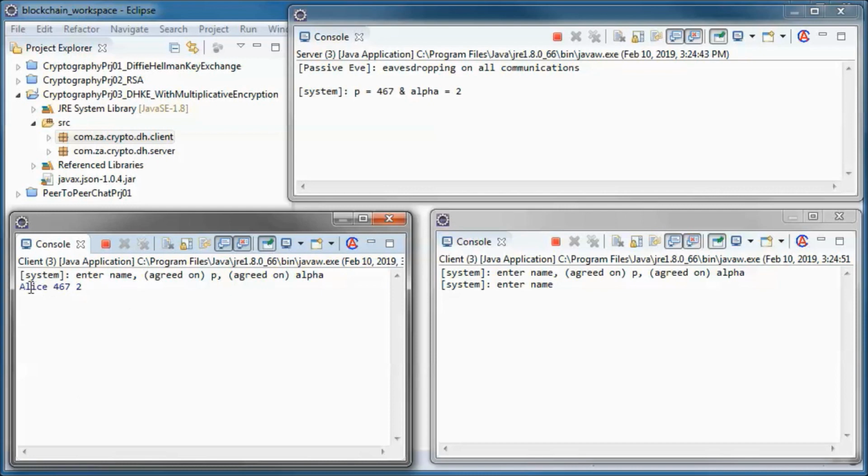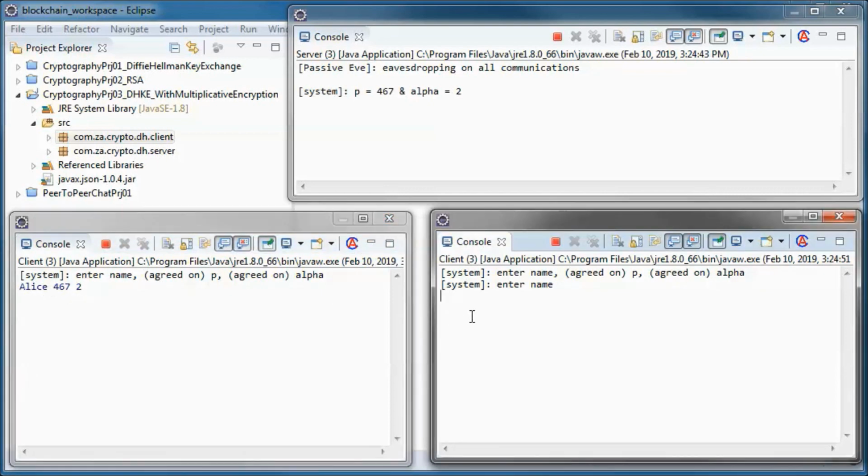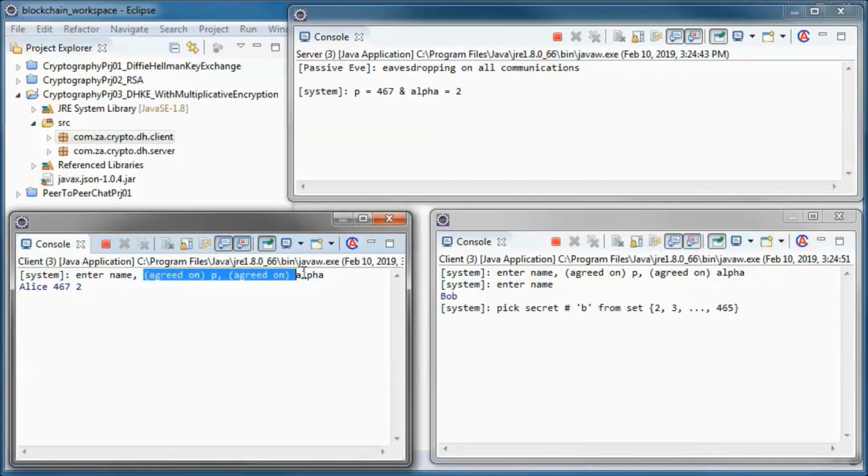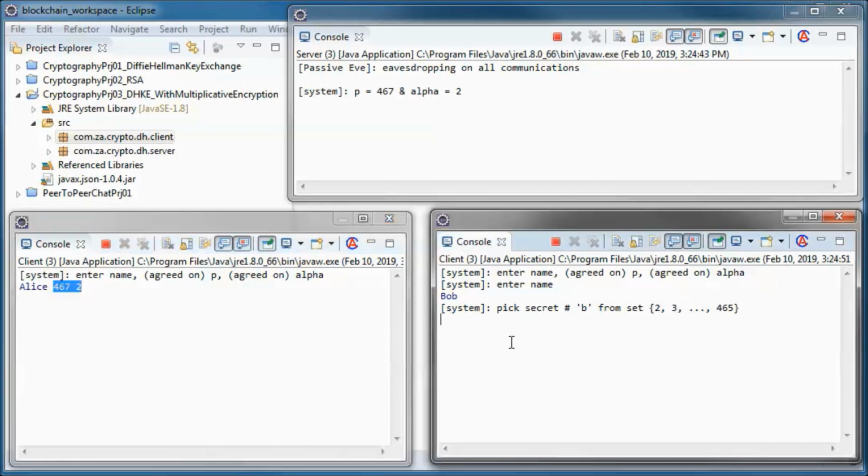So both Alice and Bob agree to share those two values for P and alpha, and for the purpose of this tutorial I had the first user that logs in enter the values.